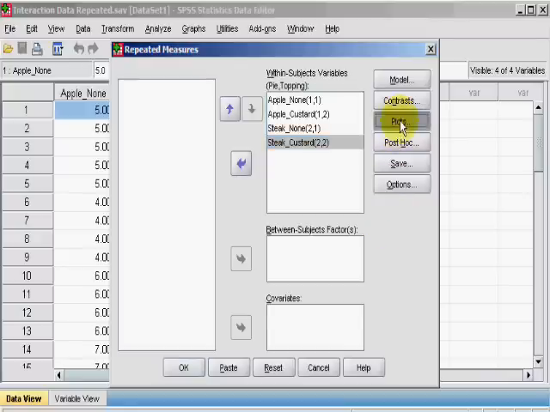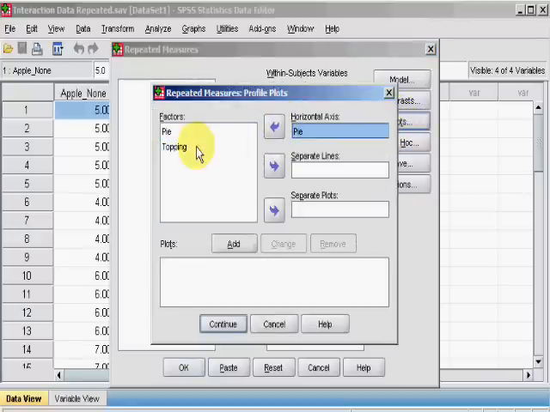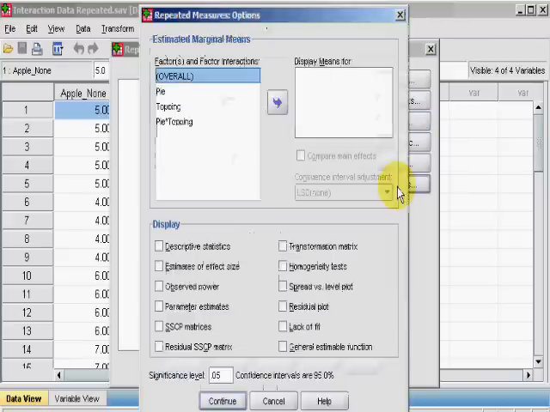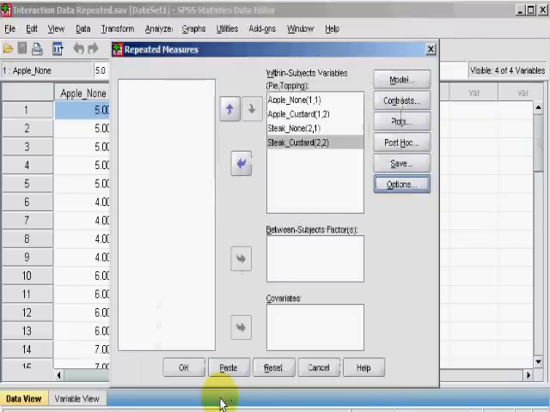Okay. Now we can ask it to draw us a plot, so we'll put pie on the horizontal axis, topping on separate lines. Click Add and Continue. We'll click Options, ask it for descriptives, estimates of effect size, and observed power. Okay. And then we click Continue, and it should do the Anova for us. Once we click